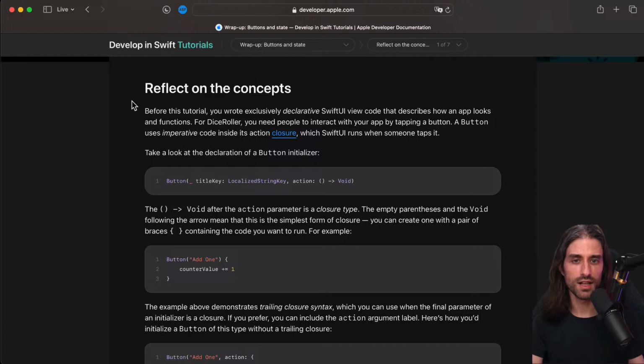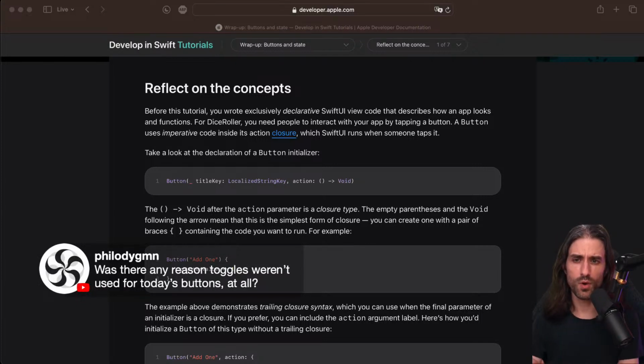can really explore at length. Declarative code says what should be built, but doesn't say how it should be built. So when you say I want a text with this font, you're not saying which object should be created, or how the character should be displayed on the screen. You're just saying I want a text that displays this with this font, and then it's SwiftUI's job to actually do the imperative part. And for a button, you need to have an imperative part, which you do in a closure, and the imperative part is code that says step by step what's happening. So take this value, increase it by 1, decrease it by 1, set a random value to it, etc.